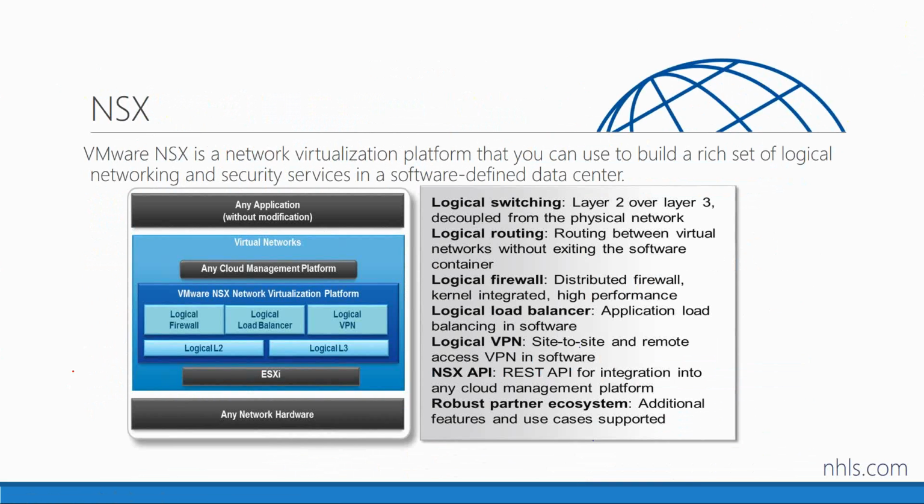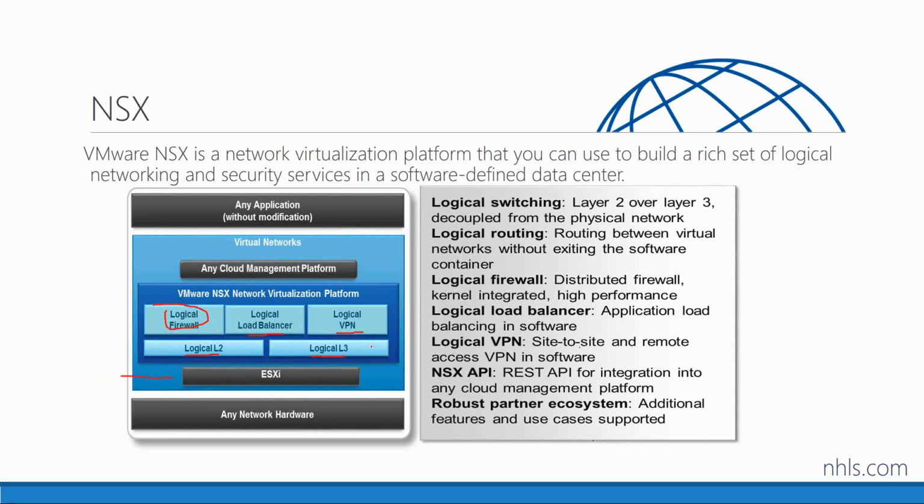If you look at the diagram here, this is an ESXi host right here. This is where we're running our virtual machines. Well, notice what else we're starting to put in there. And this is what NSX does. It gives me the ability to virtualize a firewall, a load balancer, a VPN device, logical layer 2, that's going to be switching, logical layer 3, that's going to be routing. Notice that is all virtualized. That is all software. That is in the hypervisor. This is 100% virtual.